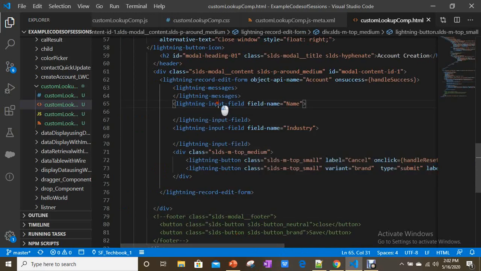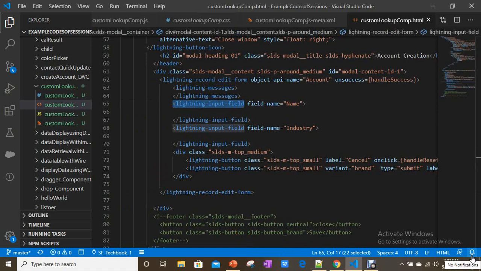Here, lightning input field I am using for getting the field along with the interface from Salesforce. That means the standard interface. If it is a picklist, it generates a picklist. If it is a text box, it generates the text box based on the API name you give here, as it leverages the benefits of Lightning Data Service.